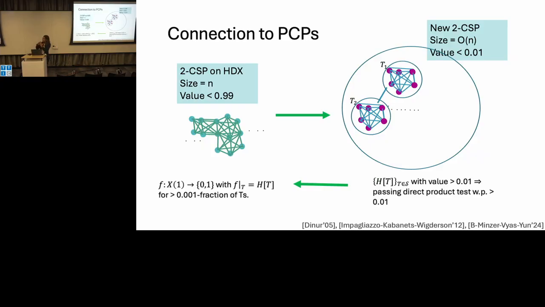Yeah, so the consistency test will now be the new constraints in your CSP. What the new 2CSP on this larger graph would do is pick two vertices, which corresponds to picking two hyperedges, and test whether the assignments given to these two vertices agree on the overlap. So it really corresponds to doing a direct product test. Using the error of the direct product test allows you to conclude that the value of this thing is small.